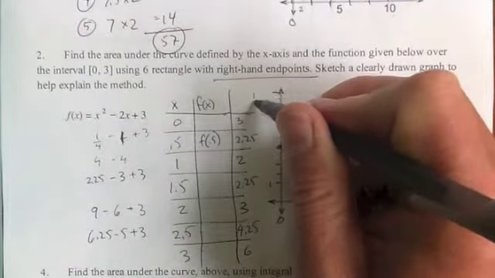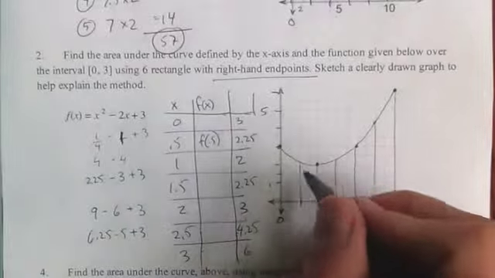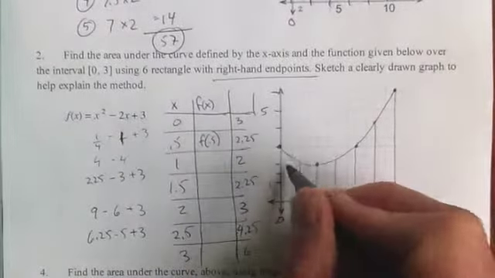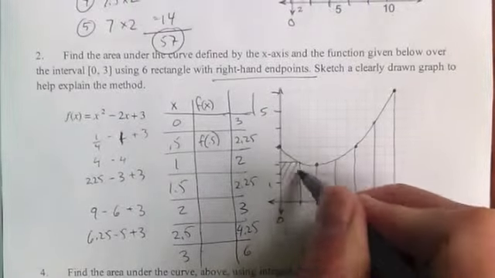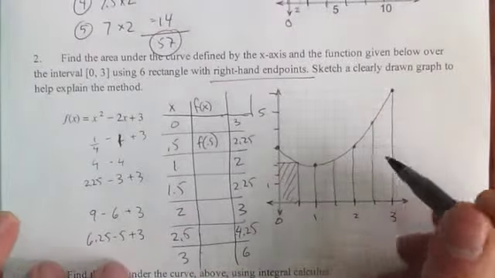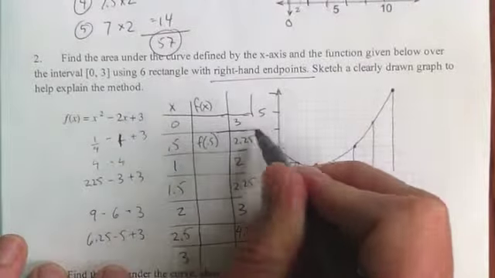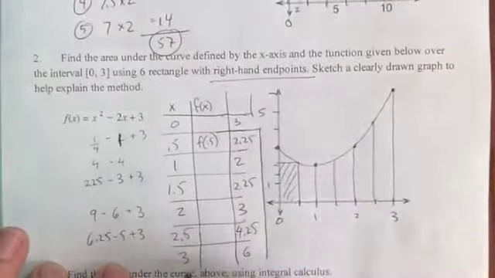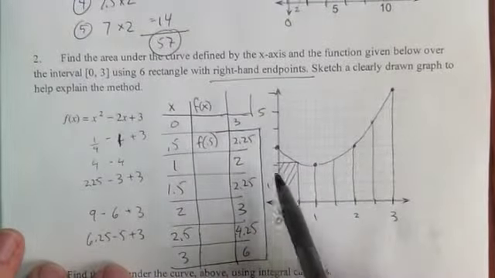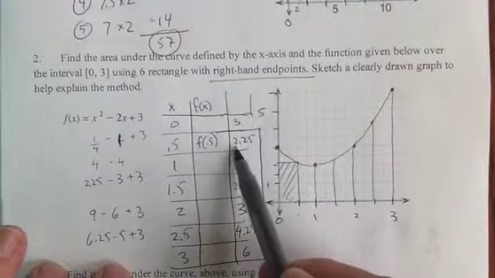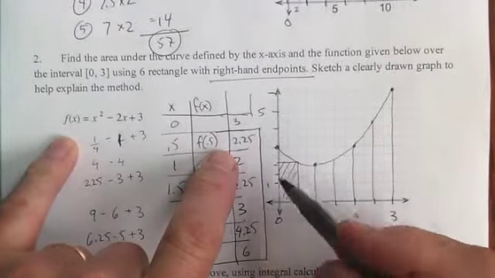and what I'm going to do is multiply each one of them by how wide it is. Okay, and I'm going to start over here because it's a right-hand endpoint. I'm going to draw a cross over, and my first rectangle then will be starting with this value of 2.25. Okay, and I'm going to have my 6 rectangles then go down there. Each one of these will be multiplied by 1/2. Okay, so 2.25 then multiplied by 0.5 will be